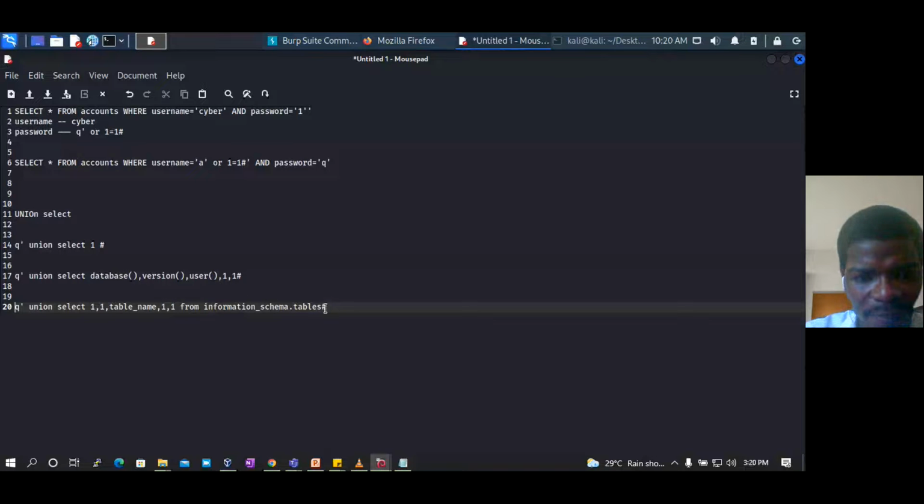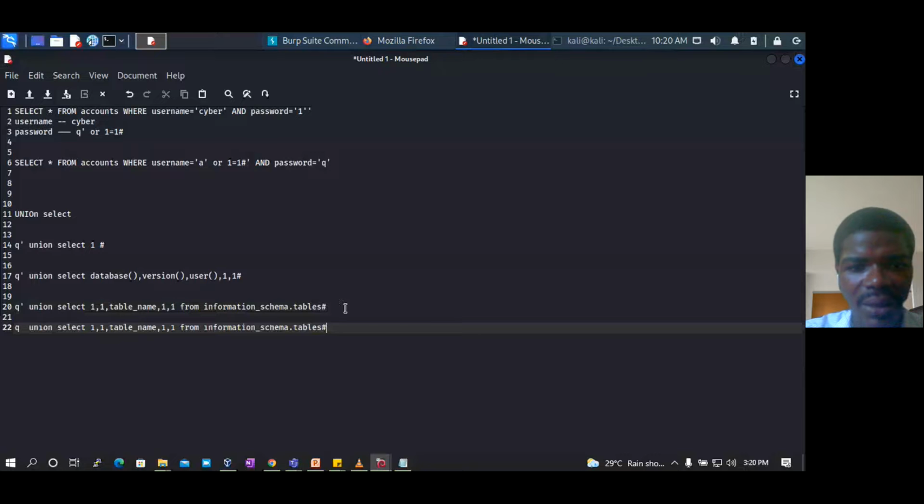From here now, let me put the command below it: union select table name from information schema dot tables, where table name equal to OWASP